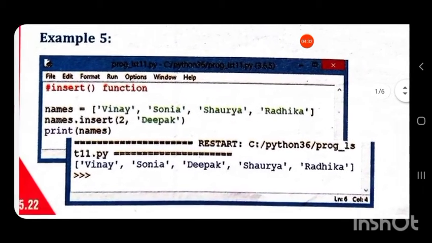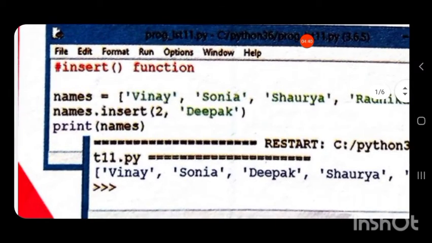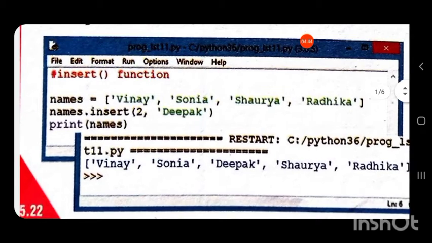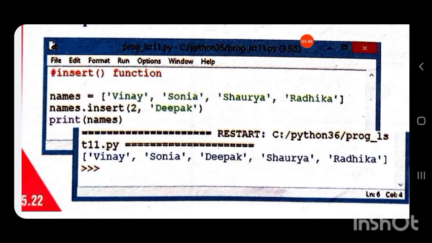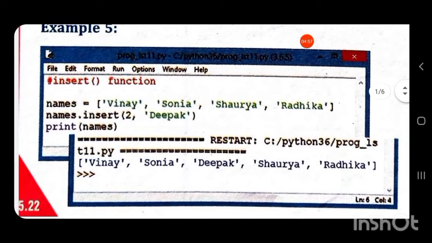Now let us see an example. Here we have a list called names. Here you can see a hash, with insert function written after it; anything which is written after the hash will not be executed by the interpreter. So we have names equal to a list of names.